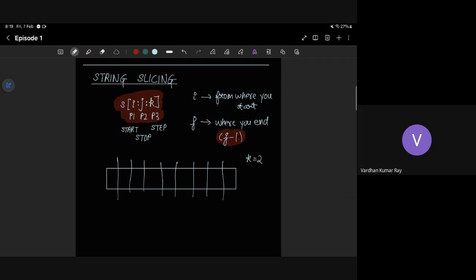So these points are very important to remember. So 0, 1, 2, 3, 4, 5, 6, 7, 8, right? So i is suppose 2 and j is suppose 7, right? So I will go to the second index, then I need to make a jump of 2 units, right? So in general, k by default is 1.